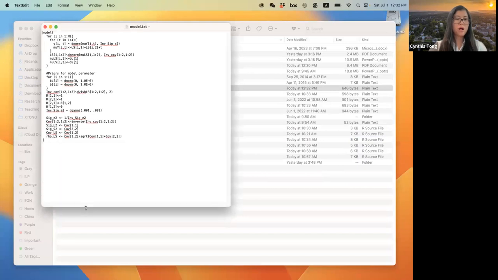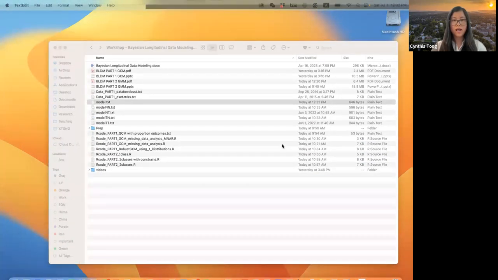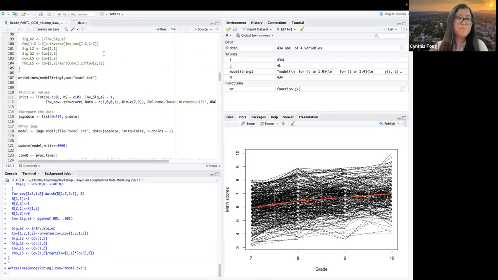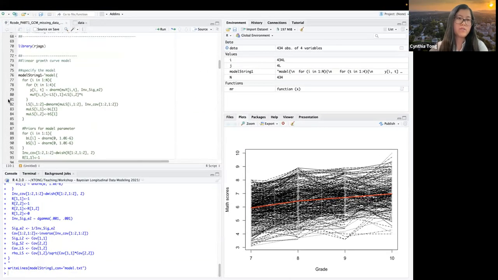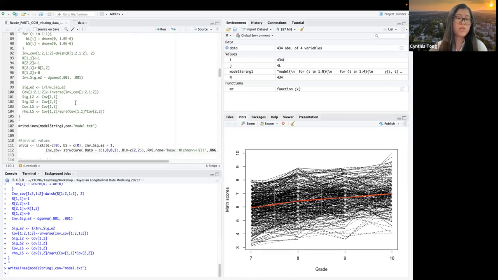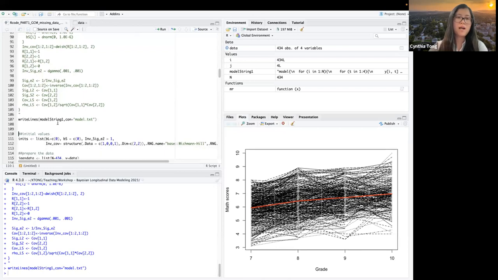So basically the models are saved in this txt format. You don't always have to use that, because we can just read the inline text directly into JAGS in R. But I always do this because it helps me to check my code from the text file.